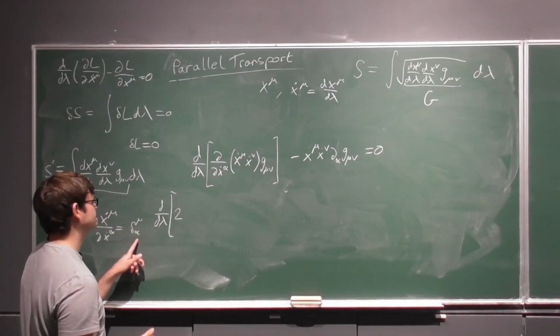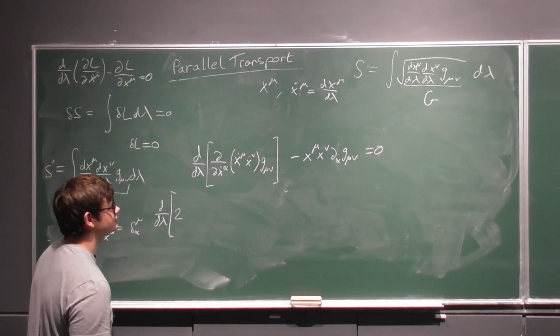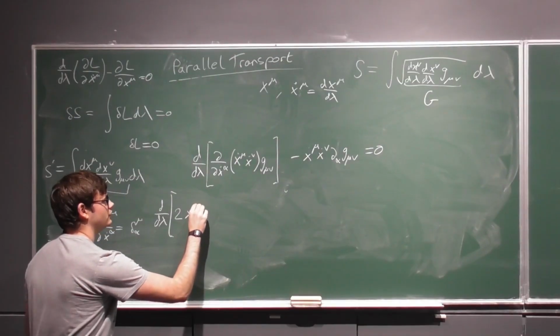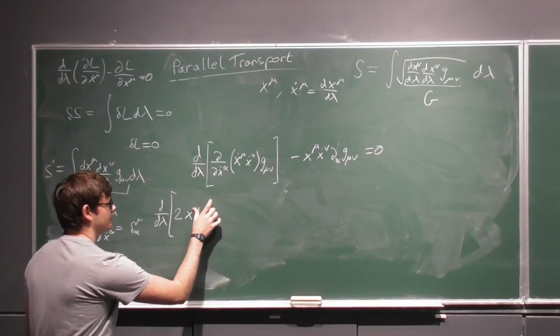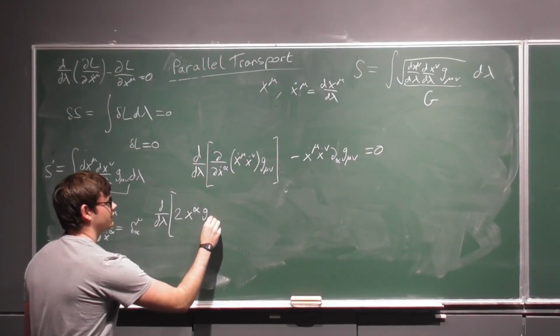Alpha is going to be equal to mu in the first one, and alpha is going to be equal to nu in the second one. But if we relabel indices, we'll get the same one. So essentially, we get left with alpha and a g